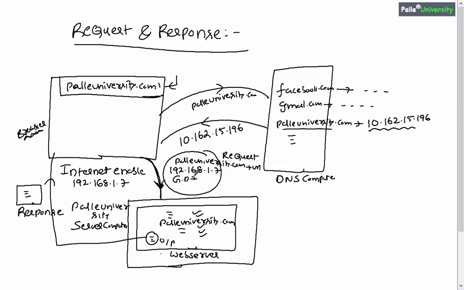Apart from this, this request also contains geographic details of your computer. What do the geographic details mean? They include your country name from where you are browsing, and apart from this, your state or province details, and even your city details, and even your location details in that particular city. Everything will be included. Apart from this, it also includes the type of browser.